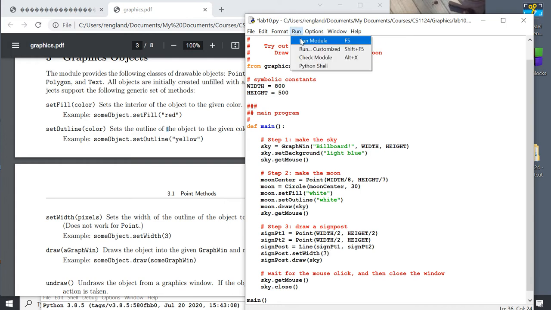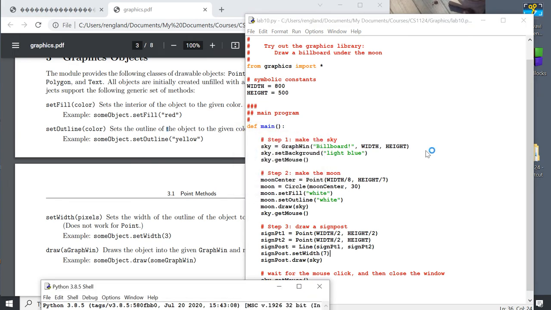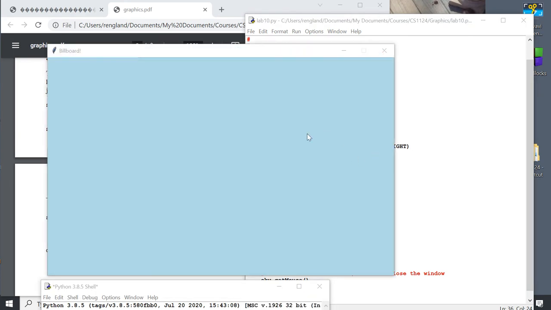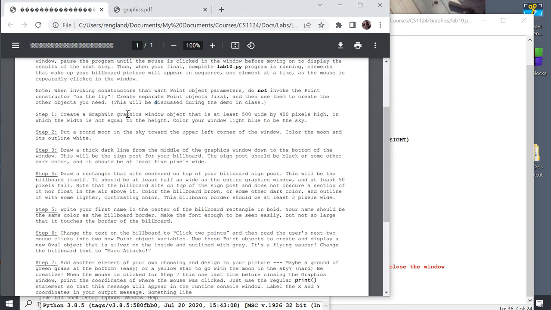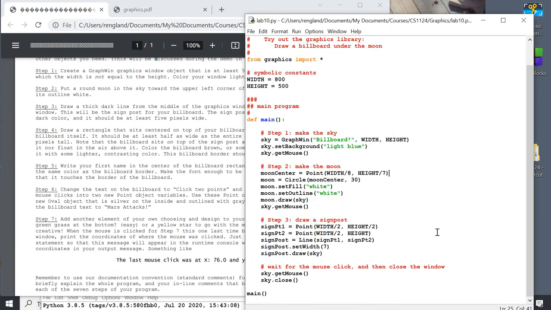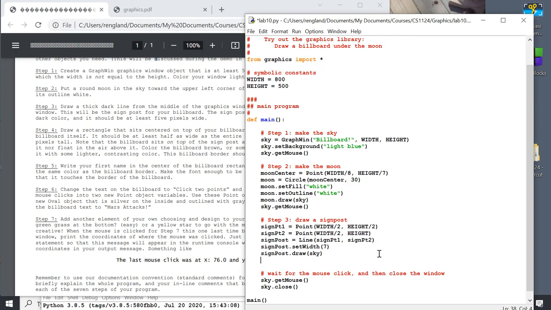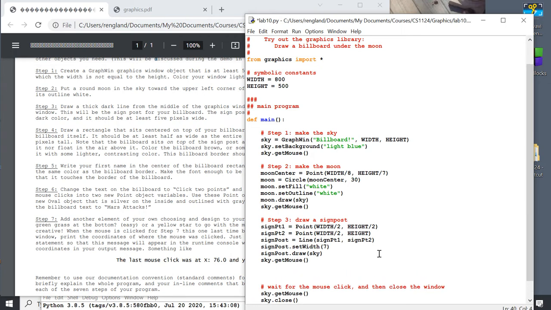Run module. Click, yes, that's thick enough. Okay, so let's say step 3 is done, and we move on to step 4. Oh, I didn't say sky.getMouse. I wouldn't have noticed it on this one, but I'll notice it if I don't do it before step 4, because that's going to pause it before it does whatever I tell it to do for step 4, which is